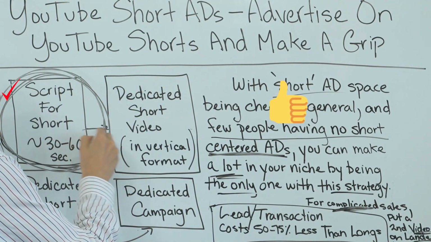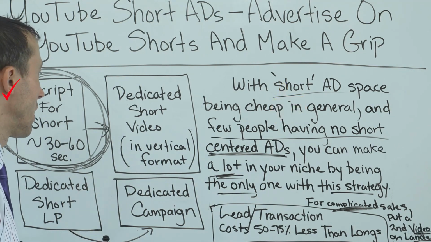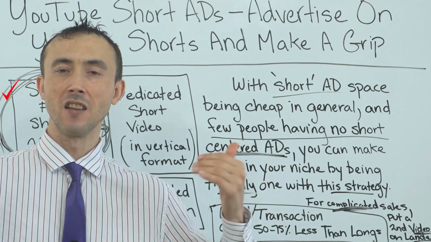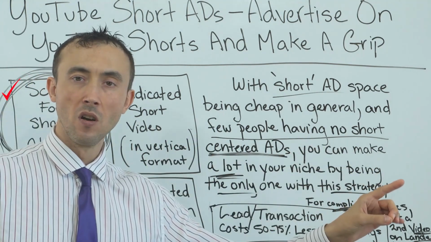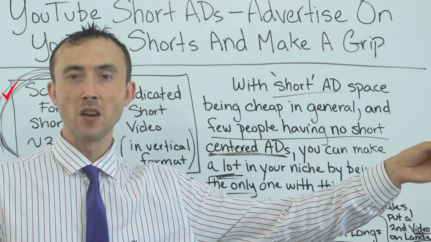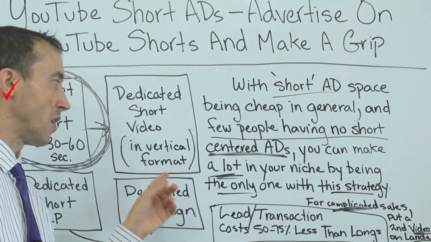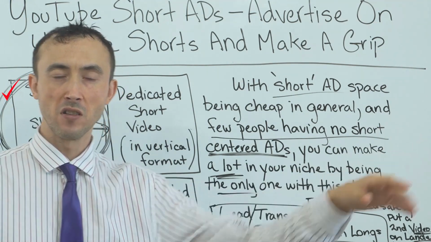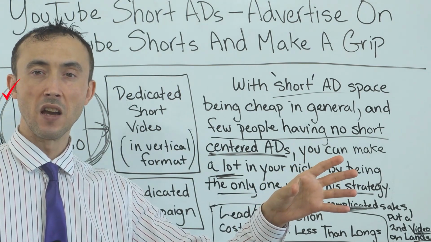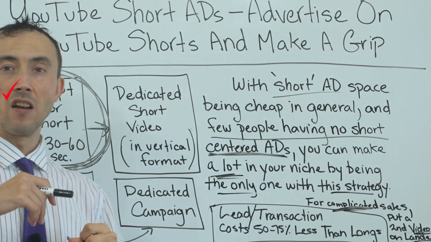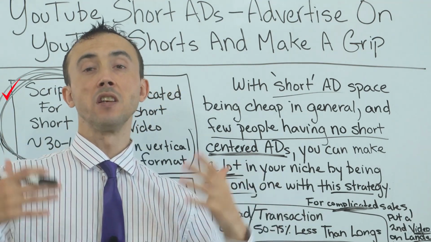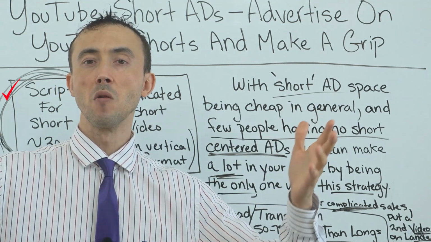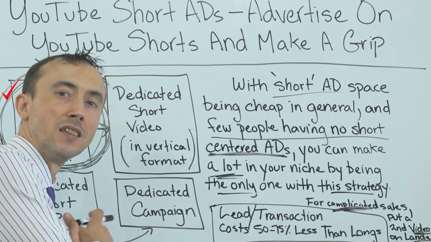From there, like I said, you're going to send people to a dedicated short video. When I say short, I don't mean another 60-second-or-less video. I mean a 2 to 3 minute video, which finishes communicating the value proposition of that product or service. That video could already be on your product pages, so you could potentially just send them to your product page on your e-commerce site. But if you don't, you send them to an intermediary page, a pre-landing page, that they can watch, which will really show all the main considerations the user should know about this product or service, and that links from the short ad.